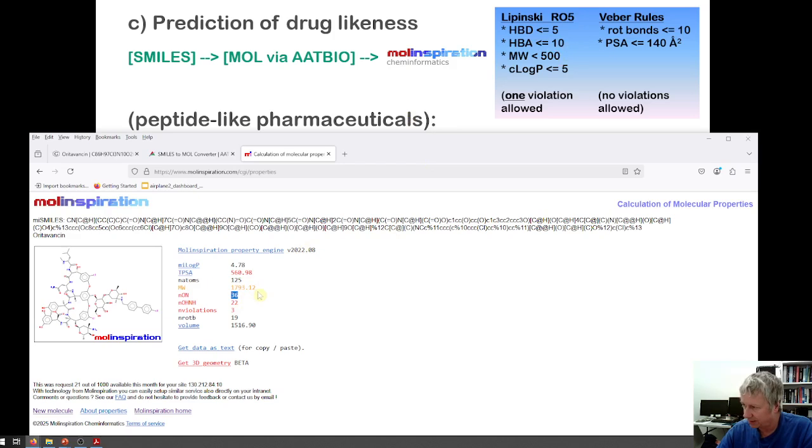Molecular weight is 1793. C log P is actually not in violation, but it calculates the violations right there. There's 3 of them. Rotatable bonds, that's a violation. PSA is also,